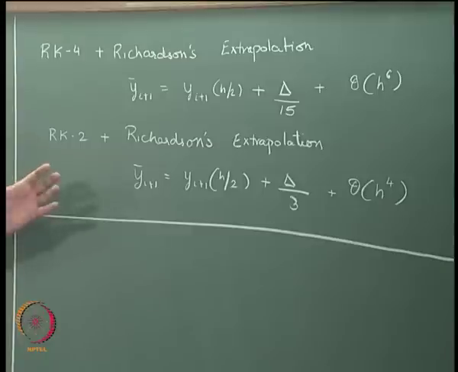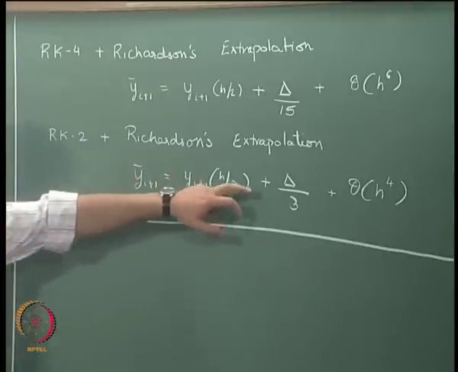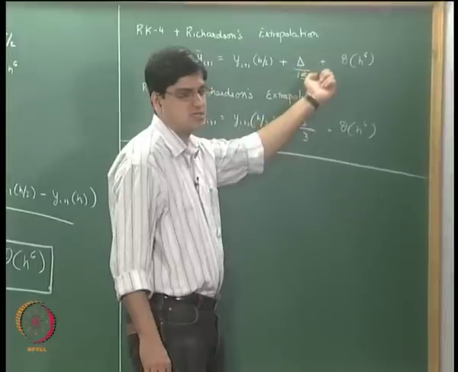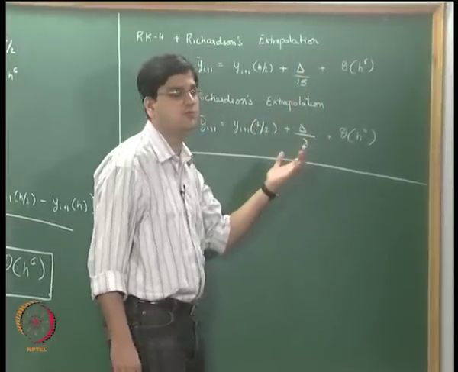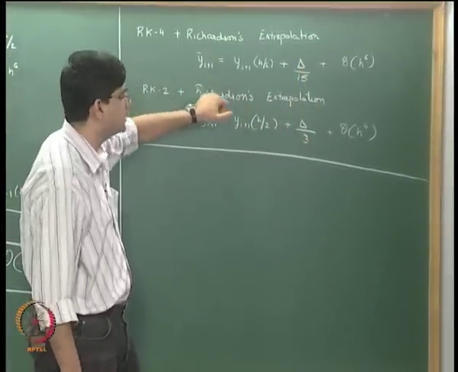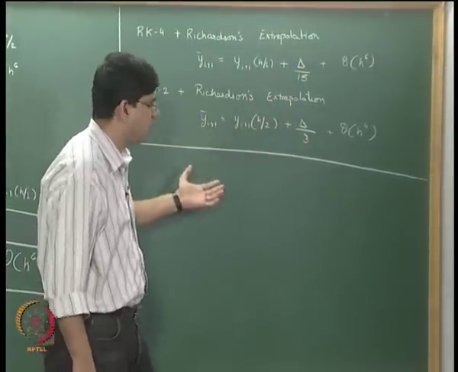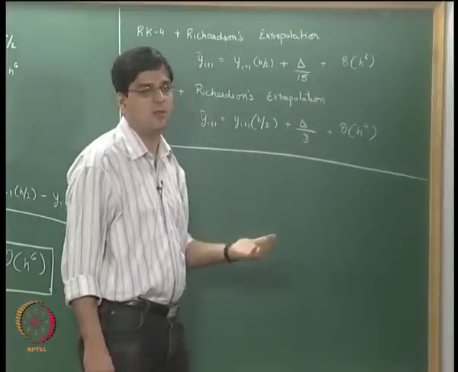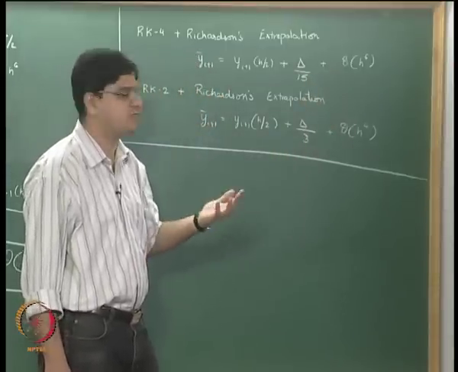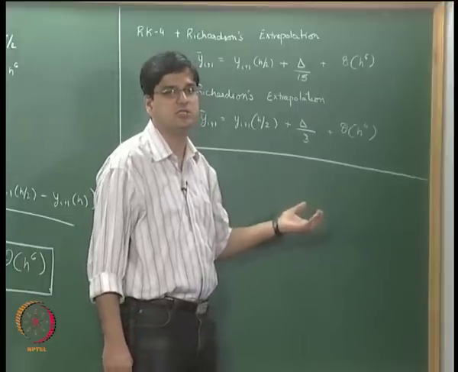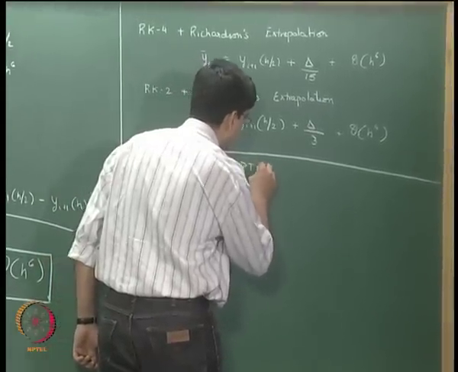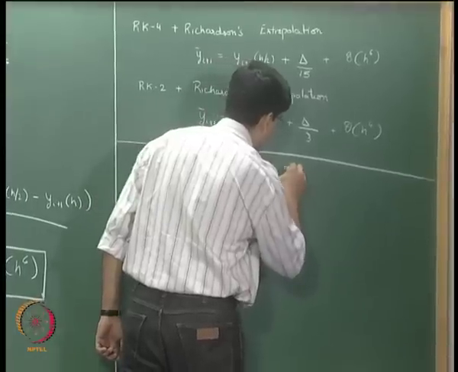Now the idea is this particular difference delta. In Richardson's extrapolation, this was used to improve the accuracy of the RK method and go to a more accurate method. However, this delta says something about the true error that we might expect to have in this particular system. So the new topic we are going to tackle is adaptive step sizing.